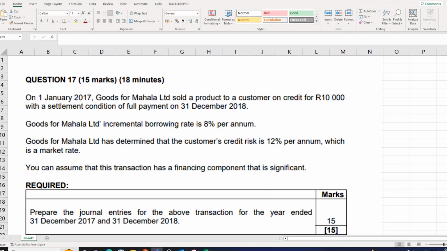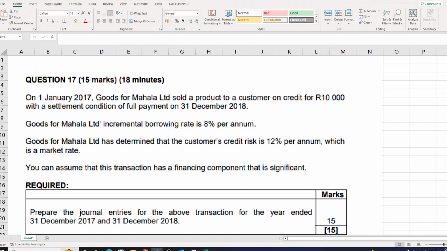And then, if it's something that you need to decide on, for example, whether you're recognizing revenue at a point in time or over time, then you're in step 5. So the focus of our question here is in step 3. And with step 3, when you determine the transaction price,